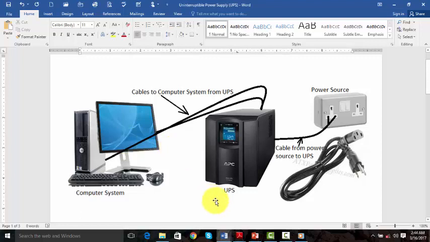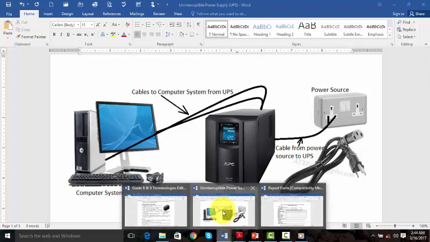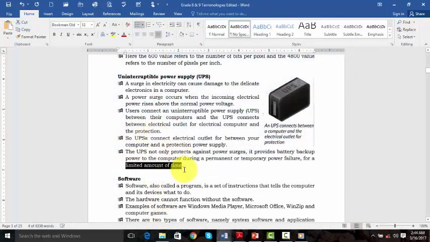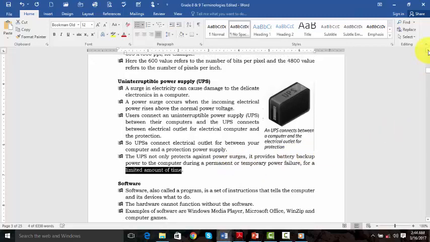Those are the two uses of the UPS. It will protect the computer system from being blown off, and it will also allow the user to save his or her work within maybe 5 to 10 minutes. The user then has to log out. Thank you very much. Now, children,